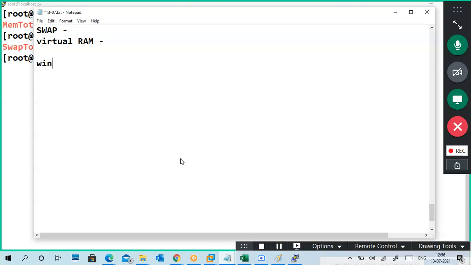In Windows, this virtual RAM is called page memory, or paging. Pagefile.sys is the file in the C drive of Windows, and the size of pagefile.sys is your virtual memory. So this is the concept called paging, or virtual memory.